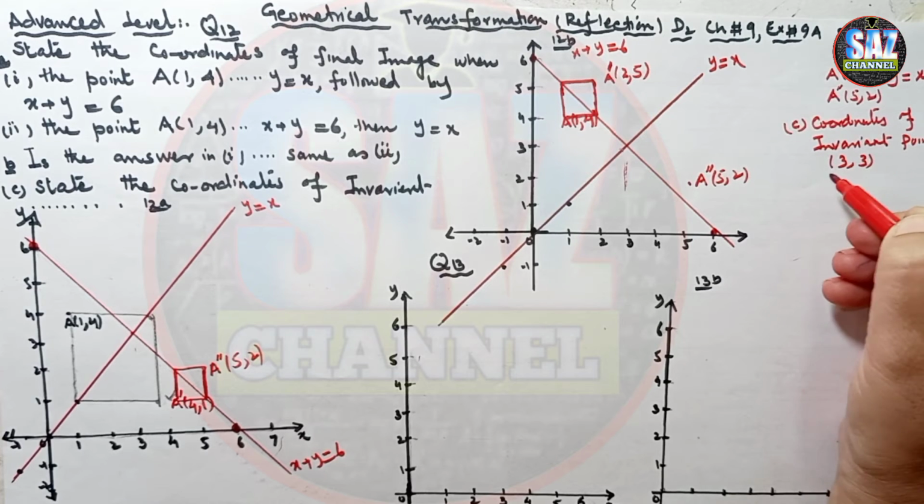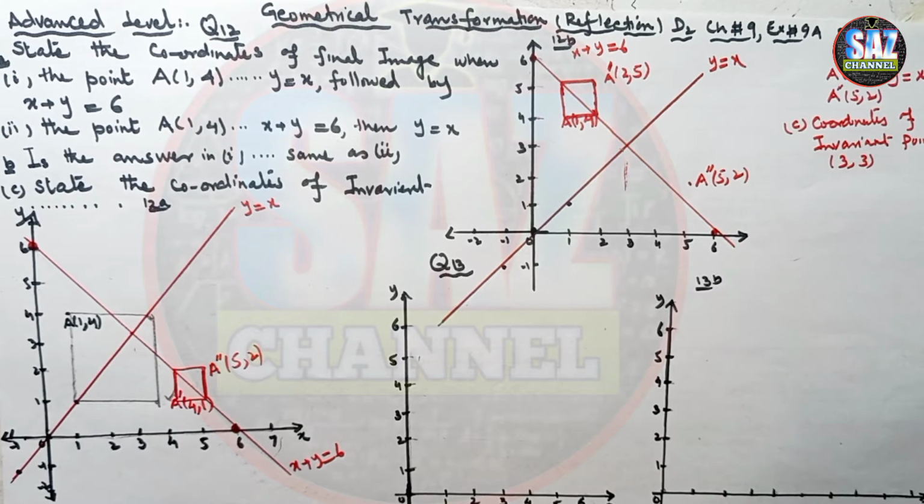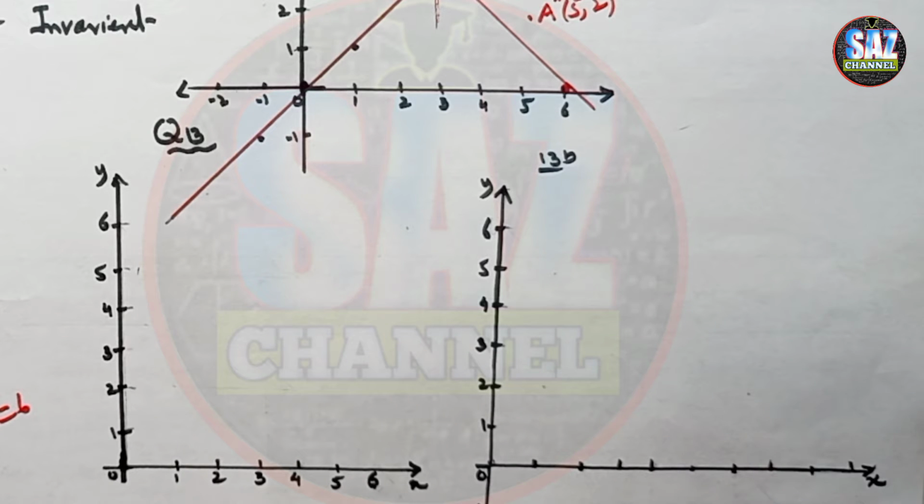I hope you are clear about this lesson. Let's move to the next question. Question number 13. Let's read the question first. The question says, state the coordinates of the final image when the point (1, 2),